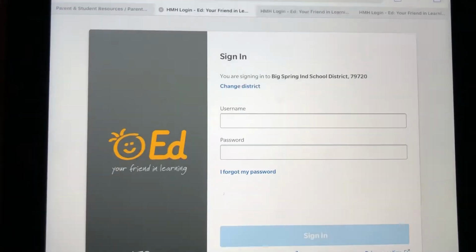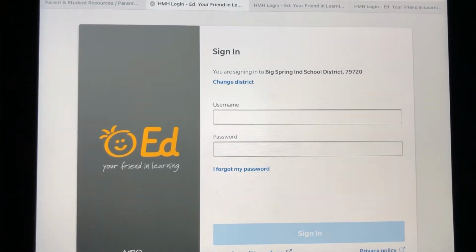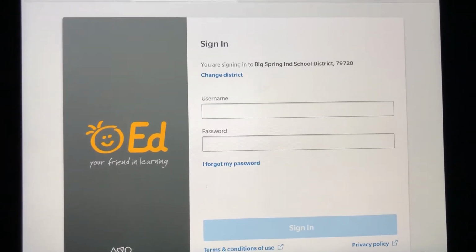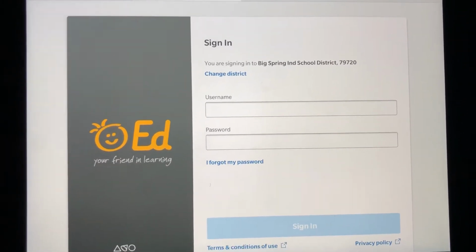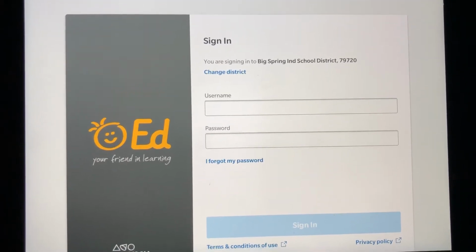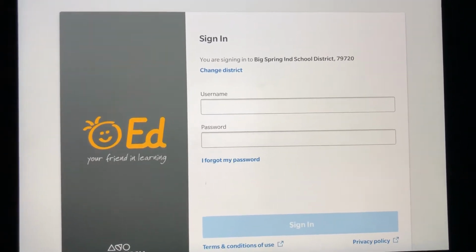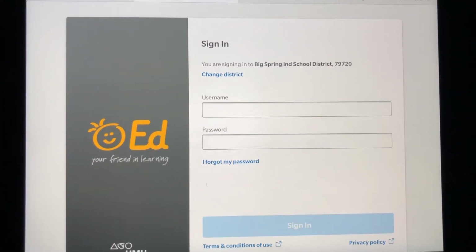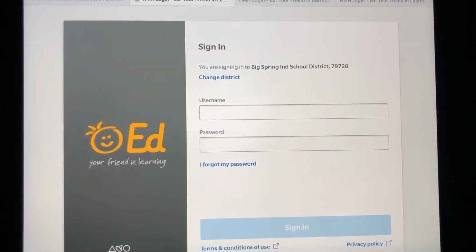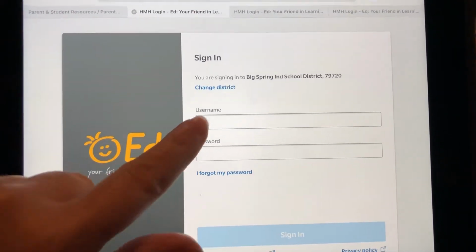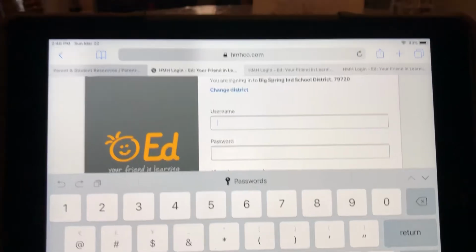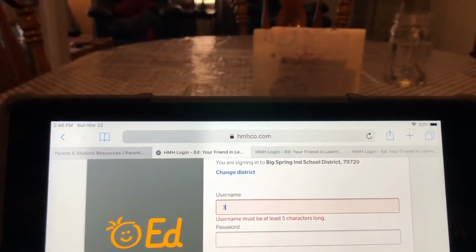Now, I've already accessed it once on this iPad, so it's going to just ask me for my username and password. If this is the first time you access it at your home, it's going to ask you for the state and school district. So you would simply type in Texas and Big Spring ISD. I'm going to use one of our children's student IDs from Moss, so you can see what that looks like. So when you do that, you simply type in the username, which is going to be their